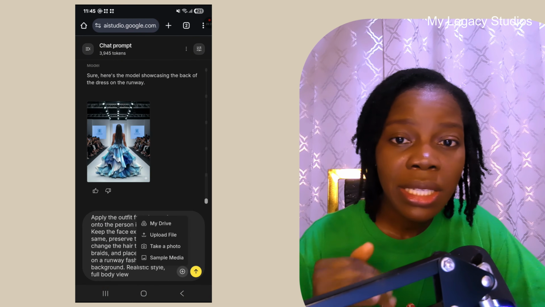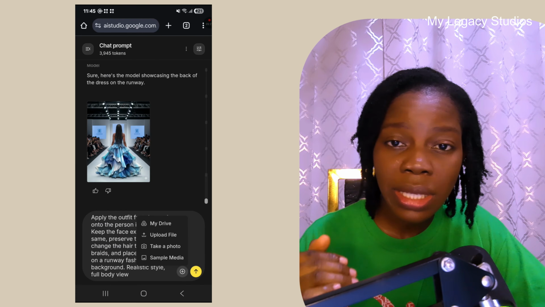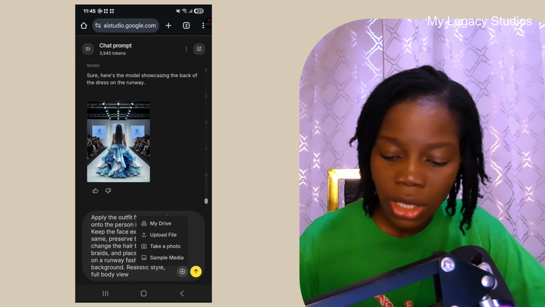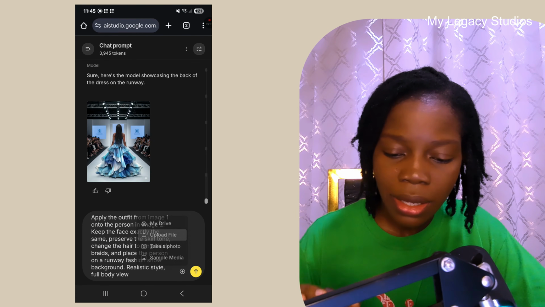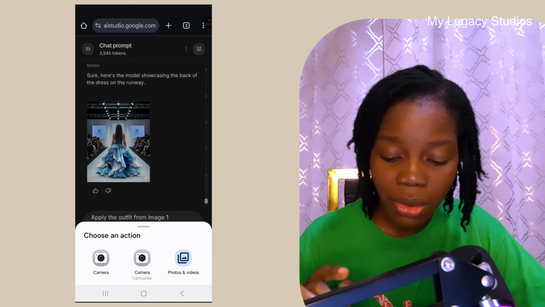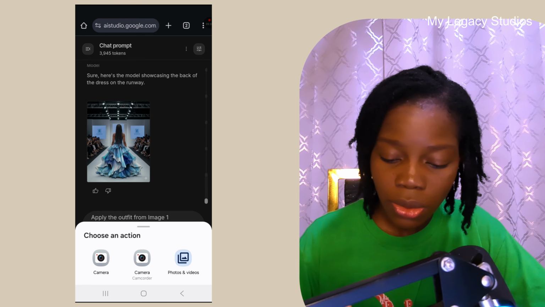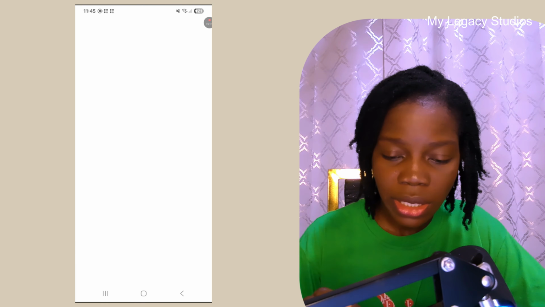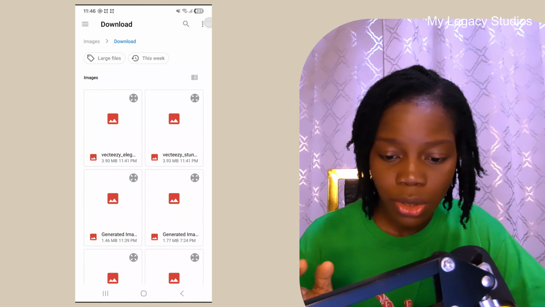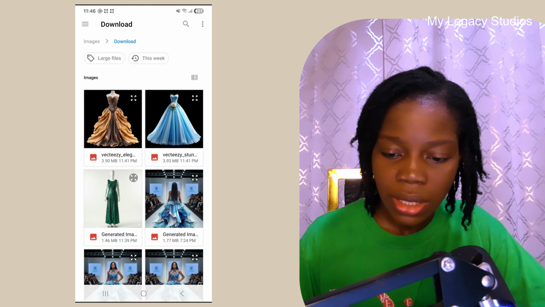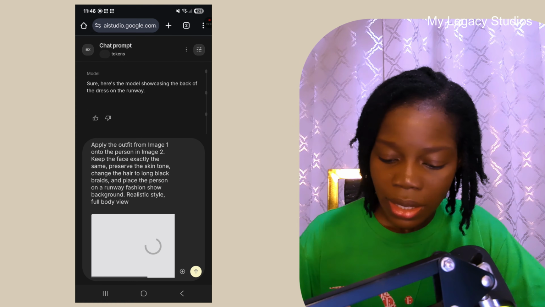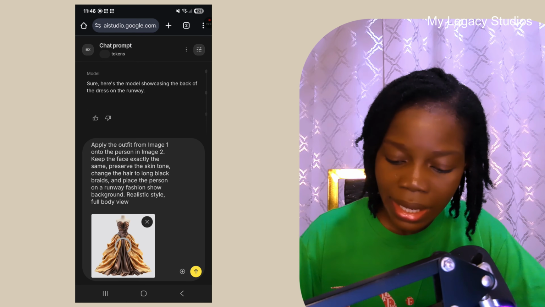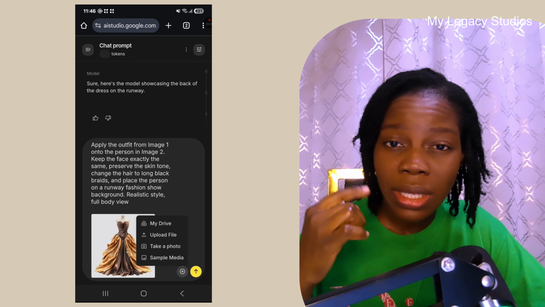Now our first image that we are going to import is the dress that we generated or we downloaded. So click on the upload file and choose the dress. That's the first thing that we want to import to Nano Banana. So click on photos and videos and then look for the dress that you want to apply on the photo. So let's go with this dress